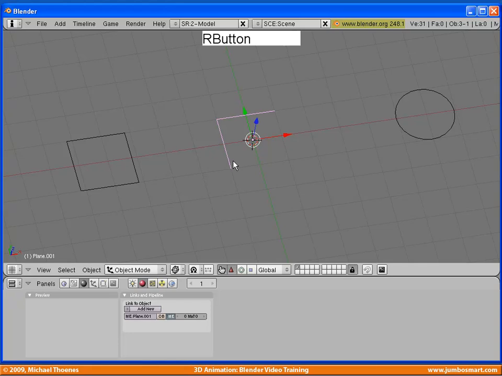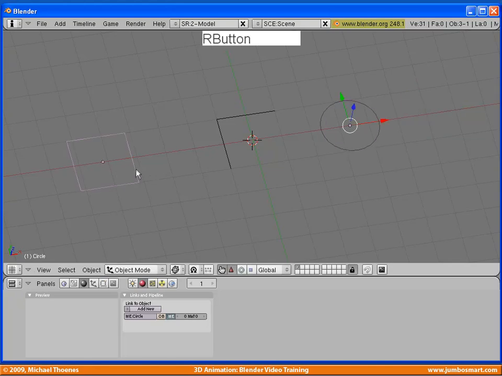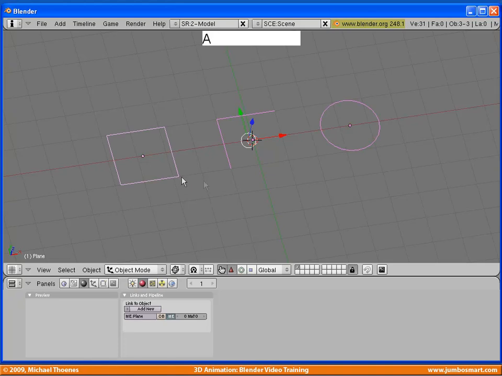Just reorienting things a little bit to show you what we have here. Bring that a little tighter, again to frame things up for this lesson. Alright, let's put this in edit mode. Now use the tab key to switch into edit mode,